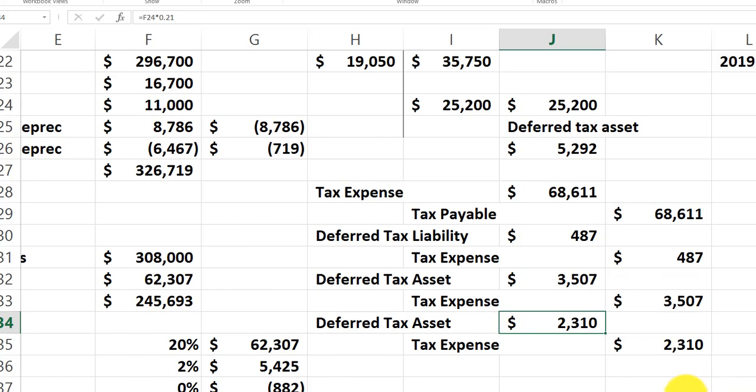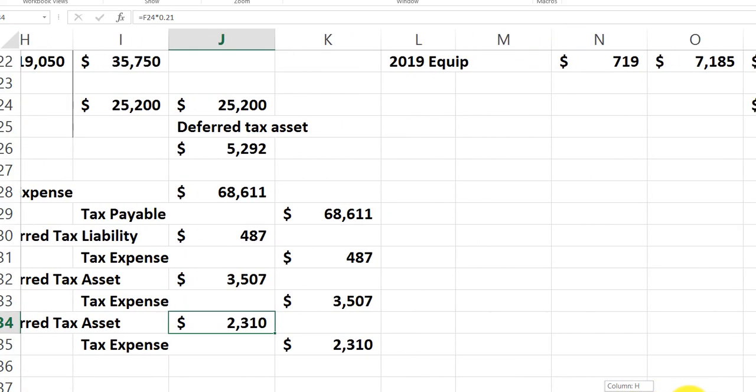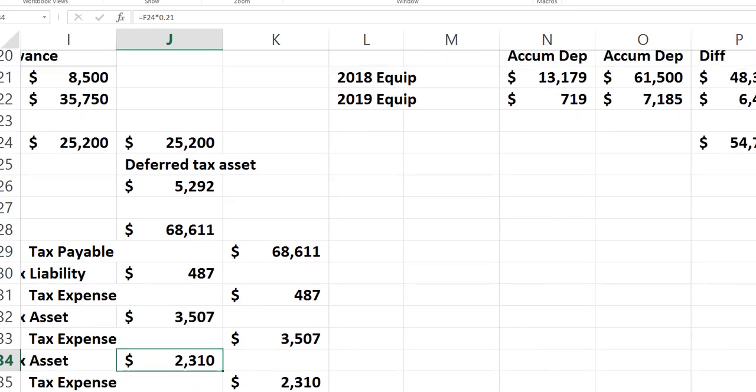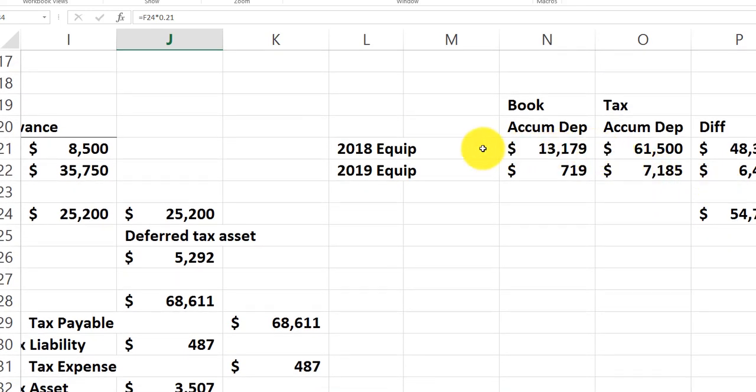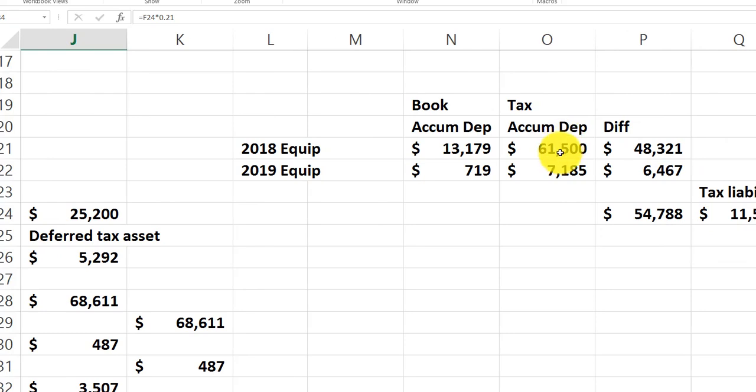Now the liability: depreciation can be treated together or separately depending on what you want to do. But I did a little schedule that shows the accumulated difference between the depreciation for tax purposes and for the income statement. Here's the depreciation on the 2018 equipment for tax purposes. Here it is for 2019 for tax purposes. This is what we did for this year for 2019 and 2 years combined for 2018. So the difference is